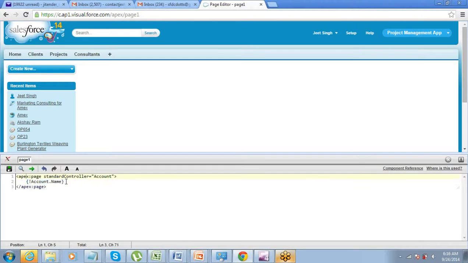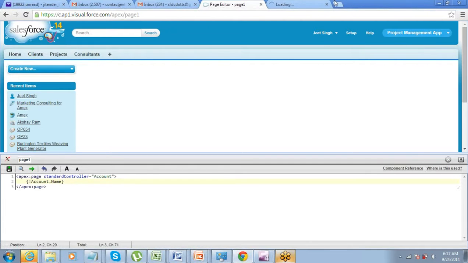Salesforce does not understand how to display this data. There are so many records, how to display this entire thing in one place. So for that we have to define the reference of the record, which record we want to display on this page. Alright, how will we do that?